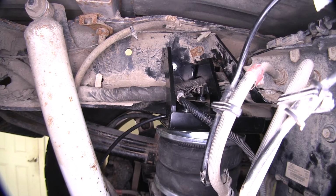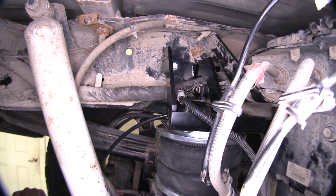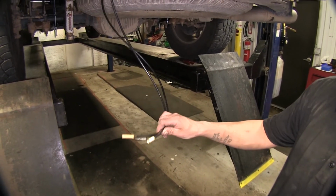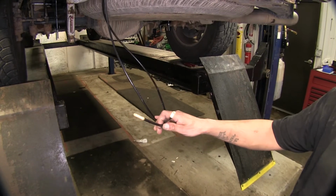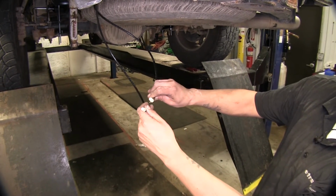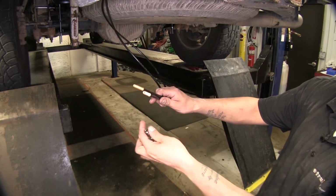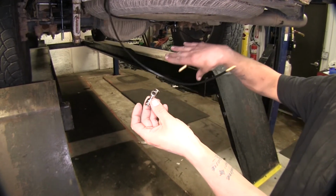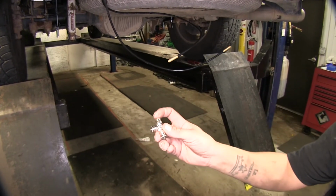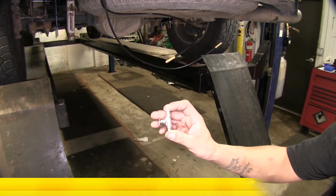Now, everyone is going to run their airlines a little bit differently, and stay away from any moving parts or anything that's hot. So right here underneath the driver's side of the hitch is where I have my airline tubing coming out right now. In our application, we're not going to have two separate fittings. We're actually going to tie them together using this T. That way, one airline is going to control both airbags. Now, to pick up this part number on our website, use part number